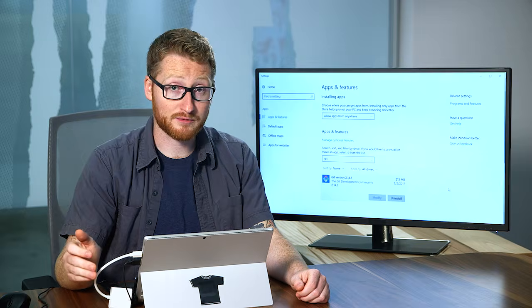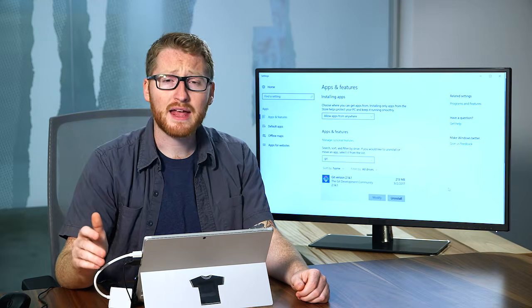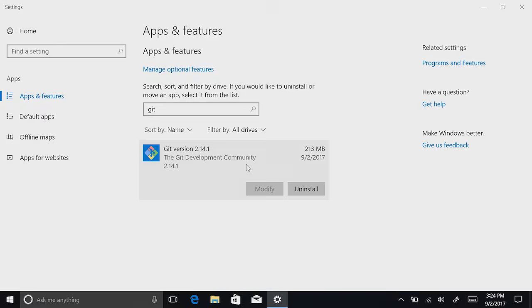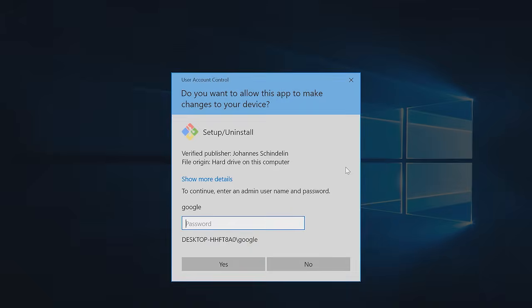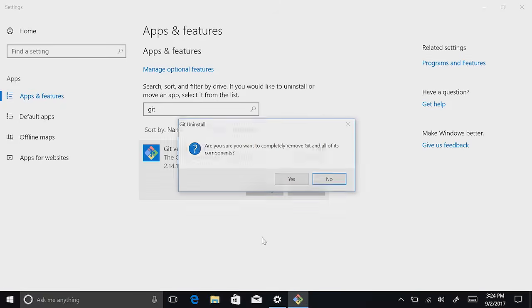To remove software from Windows, you can just search for the Add or Remove Programs setting. From there, select the application you want to remove, and you'll see a button to uninstall. Let's go ahead and click this and run through an uninstall of the software. It asks us for an administrator password. We have safety guards in place to prevent unauthorized users from installing or uninstalling software. We'll learn more about this later, but for now, since I'm an administrator, I'm just going to enter my password